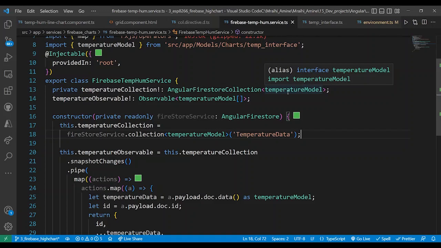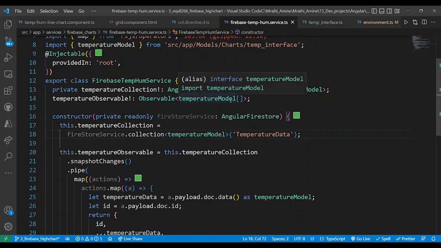The temperature collection is the interface that we have created, which has parameters like the ones inside the Firestore collection. And we created an observable of type temperature model, and there will be an array of temperature models,